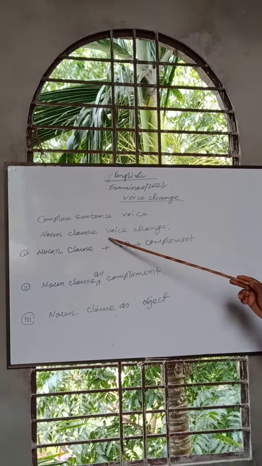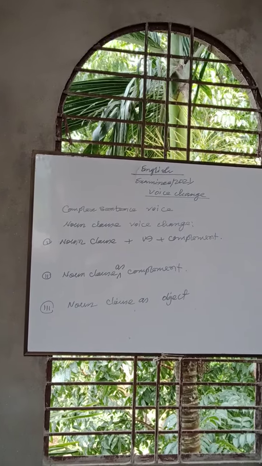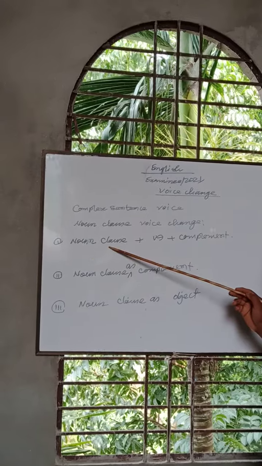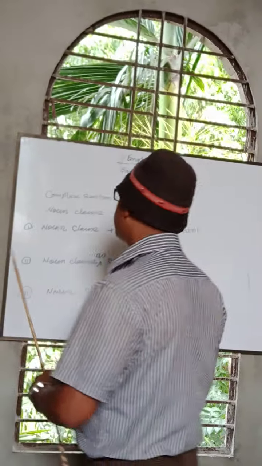Noun clause as subject: noun clause plus VI plus complement. Here we have to remember that the principal clause has no subject, and the noun clause becomes the subject. The subject position of the principal clause is empty, and so here the noun clause does the function of the subject. So in this case we call this a noun clause as subject. Example: